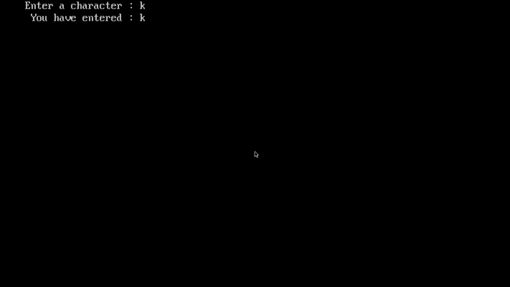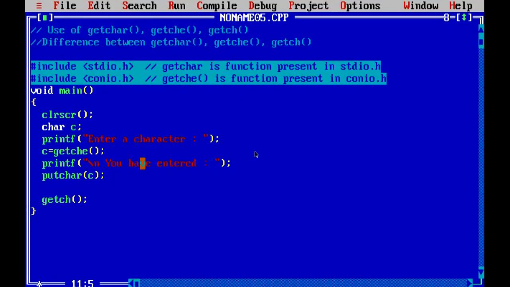In the first line you can see enter a character, then we have pressed the character, it is printed on the screen, then assigned, then the function terminates. So this function takes the character from our keyboard, prints that character, and returns that character from this function.